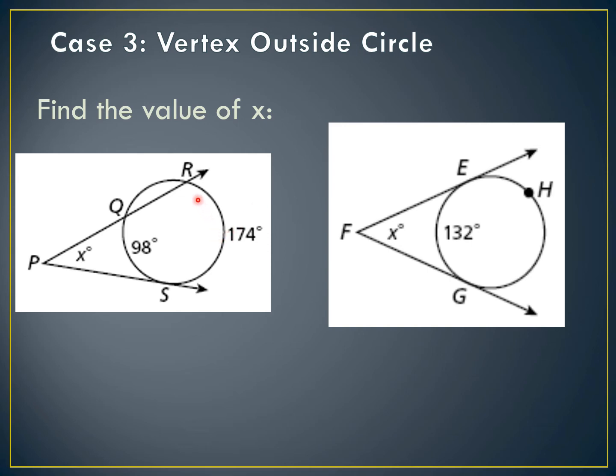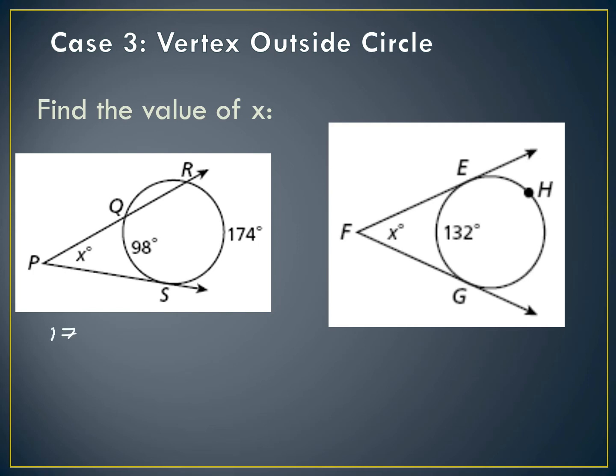So, dito sa figure na to, yung angle na na-form is outside the circle. So, it means we need to subtract the intercepted arcs. Yung arc RS minus arc QS and then divided by 2 para ma-solve natin yung measurement ni angle RPS o yung angle P. So, to solve for that, i-subtract natin